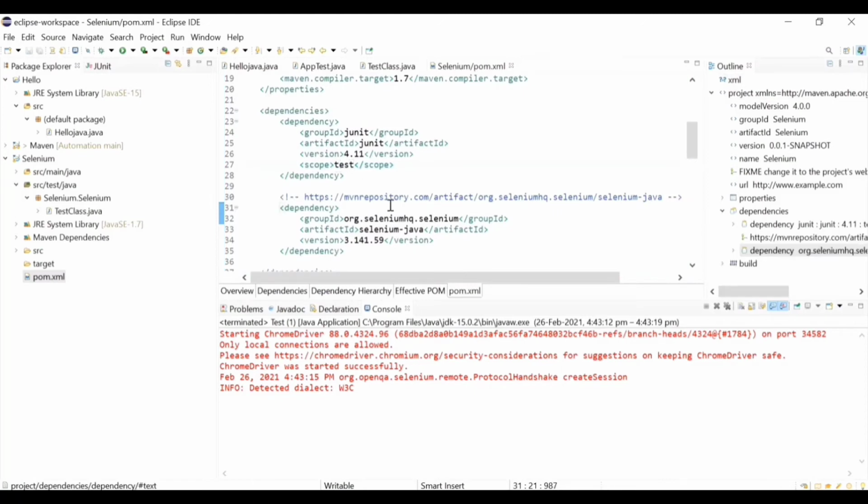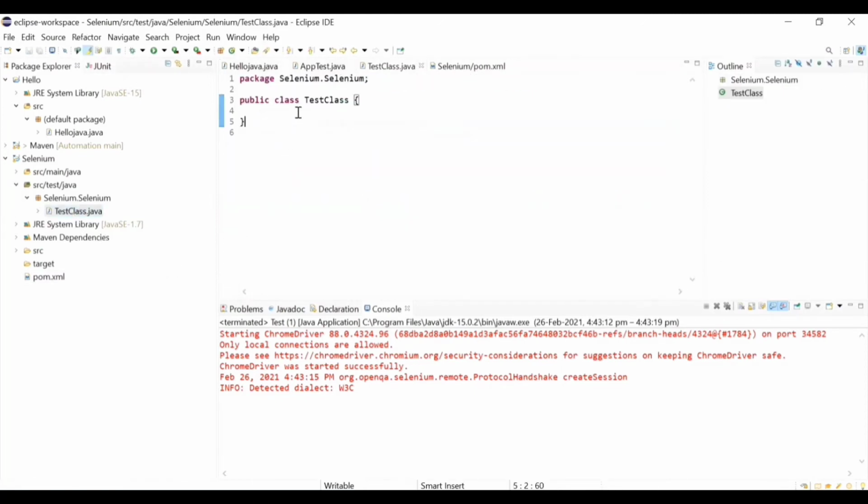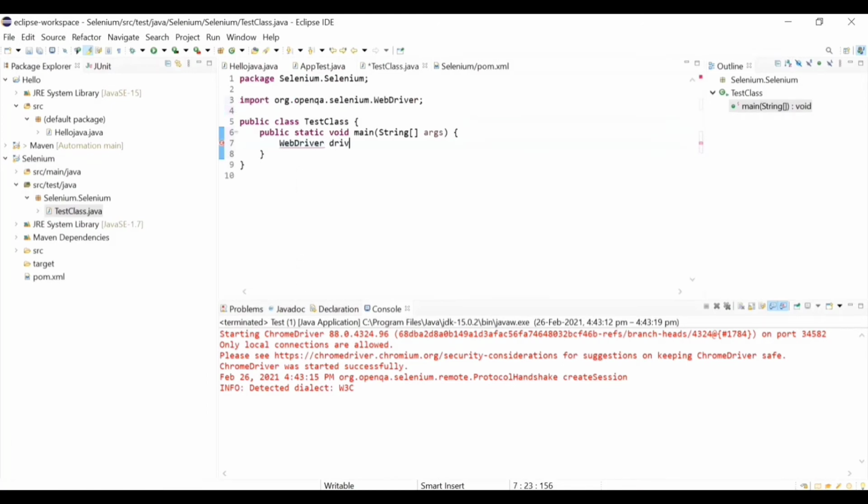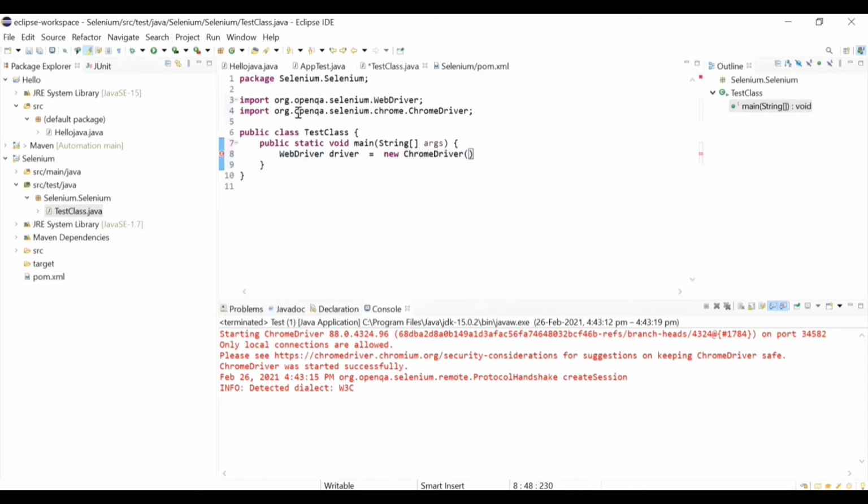Once you have added the Selenium Java dependency, you will be able to access any of the Selenium keywords. Now we can start writing our program. So we just created the main method, and now you can call the WebDriver. WebDriver is used to initiate the Chrome driver.